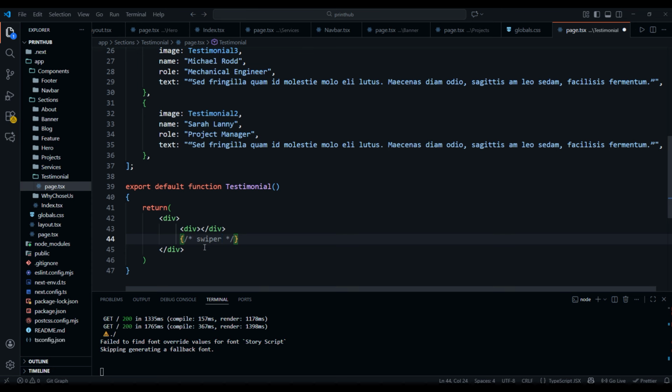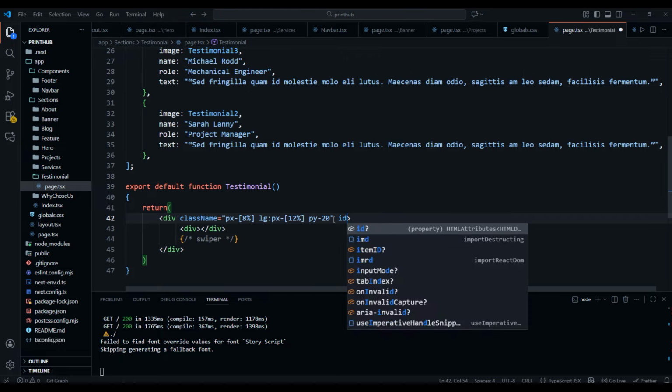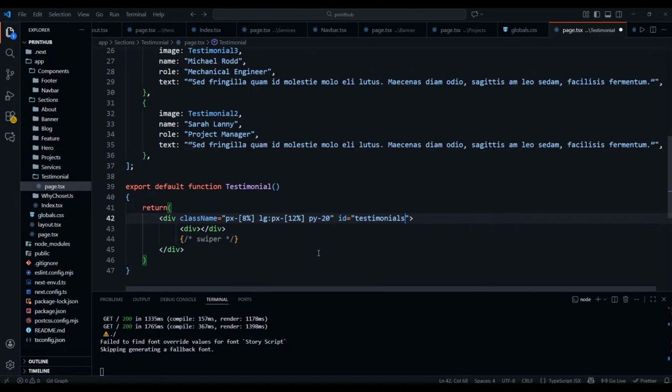So in initial div we have to apply some classes. So let's apply it. These are the classes. Padding 8%, for large candidate is 12%, and padding wise 20, and then later on we have to use testimonials. This is our main div,